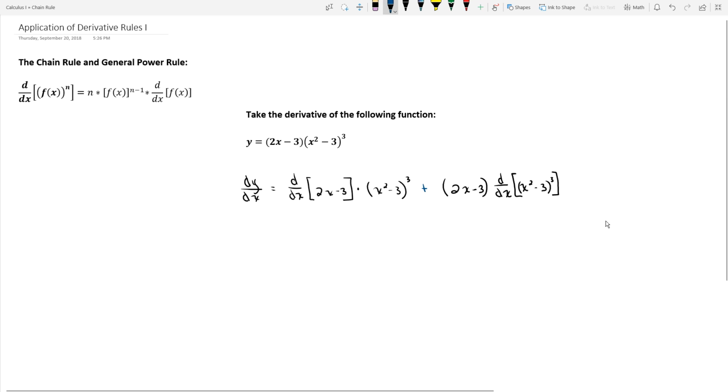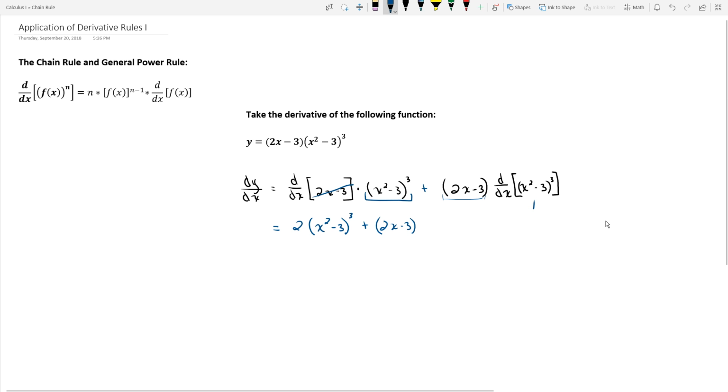So let's go ahead and begin reducing what we can quickly. 2x minus 3, the derivative of that is simply going to be 2. This whole thing becomes 2 multiplied by, and we just bring this down. That doesn't change. It's not a derivative of. We just simply bring this down. (x squared minus 3) cubed, plus, and then we can bring 2x minus 3 down, plus 2x minus 3